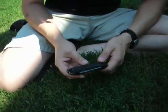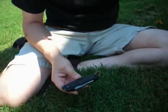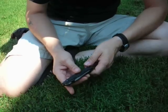Okay, this is my review of the Kershaw RAM. Decided to do something a little different since it's so nice out today. We're going to do this outside. A little change of scenery from the usual desktop reviews. Anyhow, the RAM